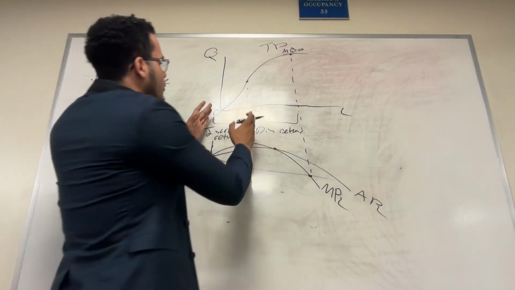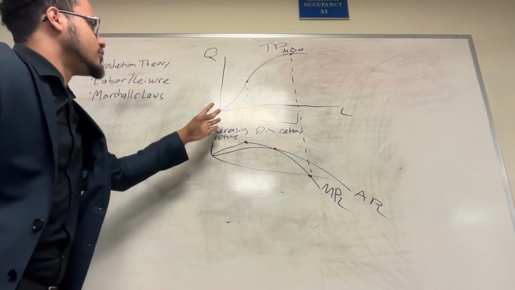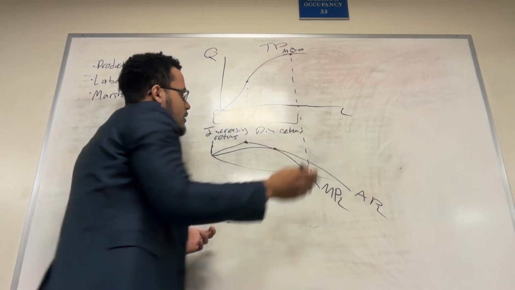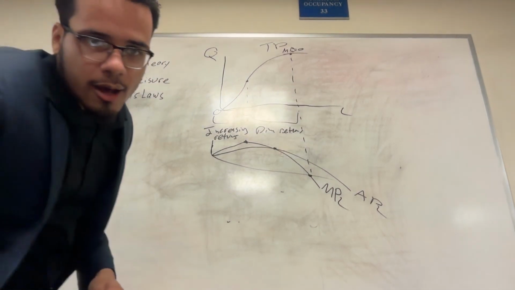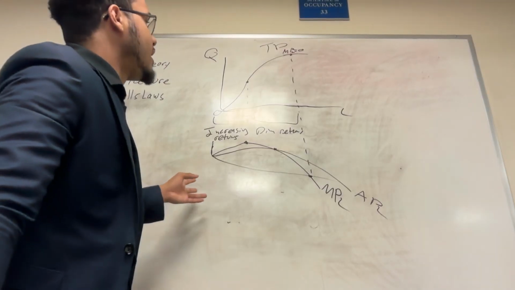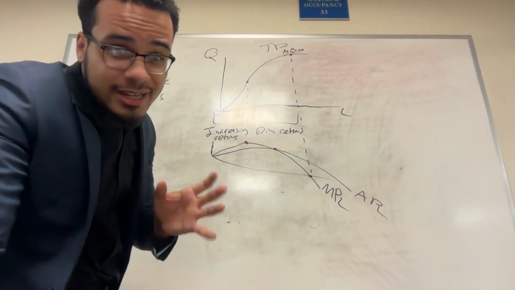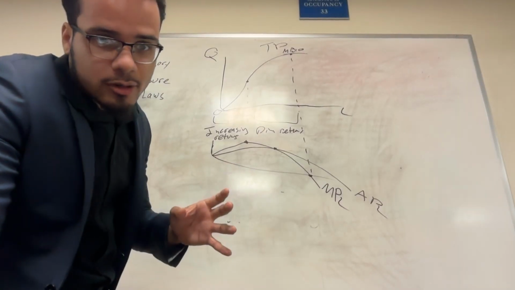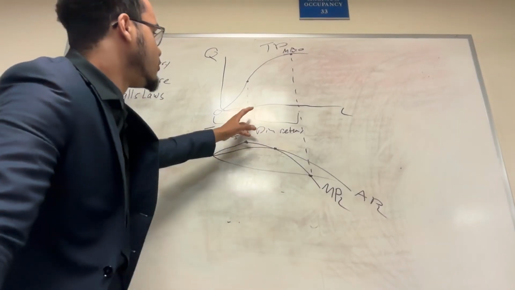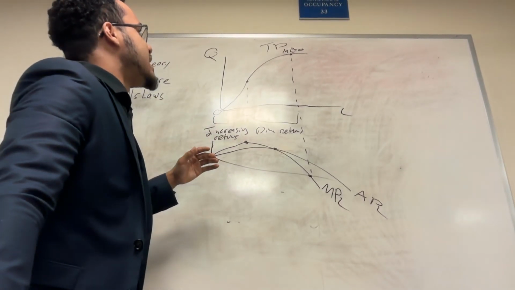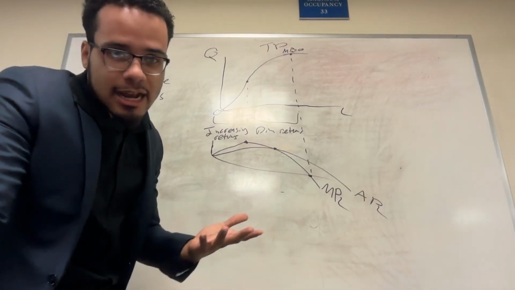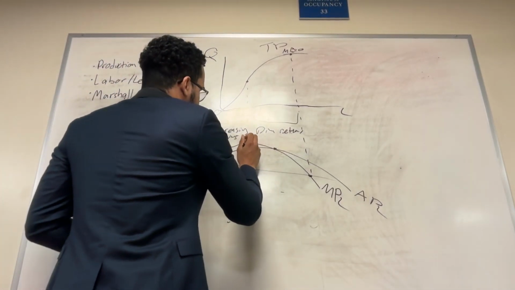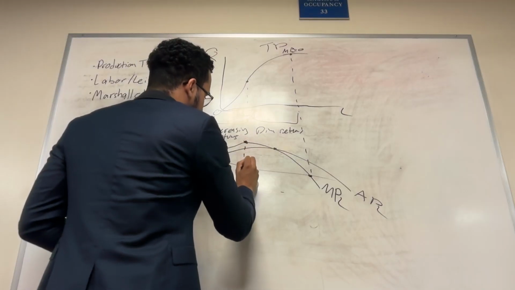essentially from here to here, when the firm employs more workers, they enjoy increasing returns, and then they have diminishing returns to the labor input because typically, if we're in the short run, right, and we employ more workers to a fixed supply of capital, right, the marginal productivity of labor decreases. In other words, if you employ more workers, it yields less and less increases in output. That's essentially what diminishing marginal productivity of labor is. Right. So if we take this a step further, right,